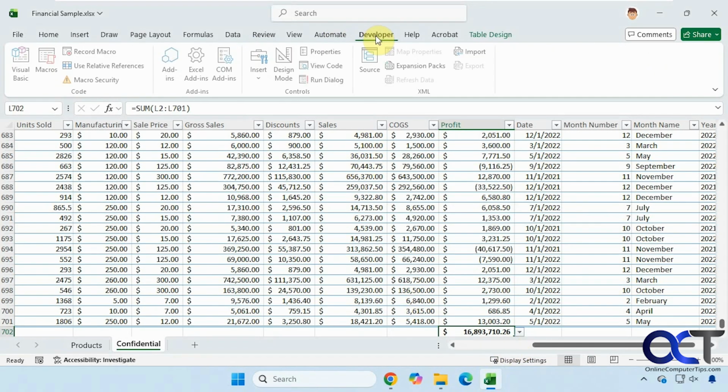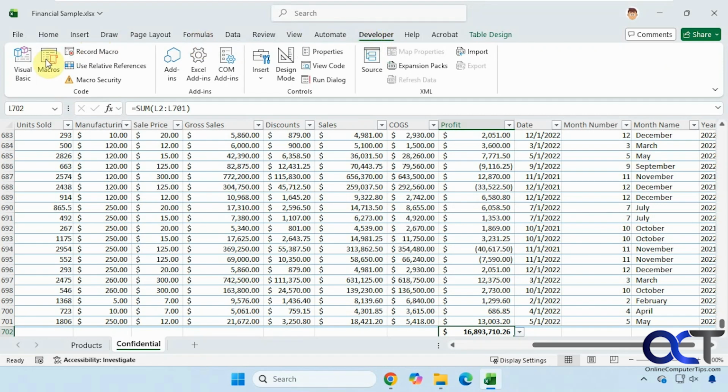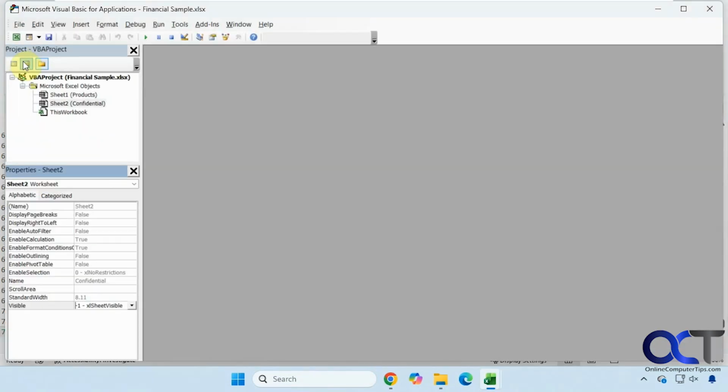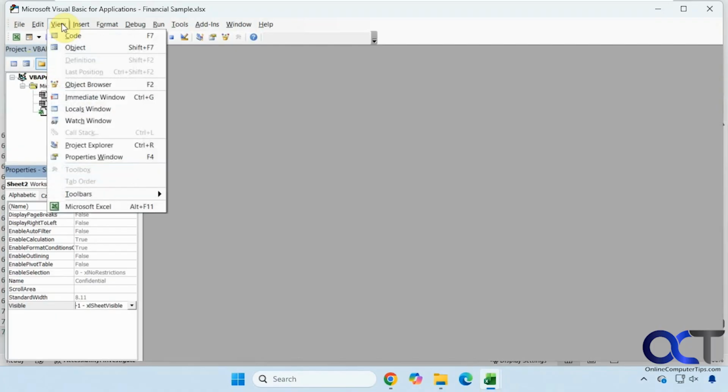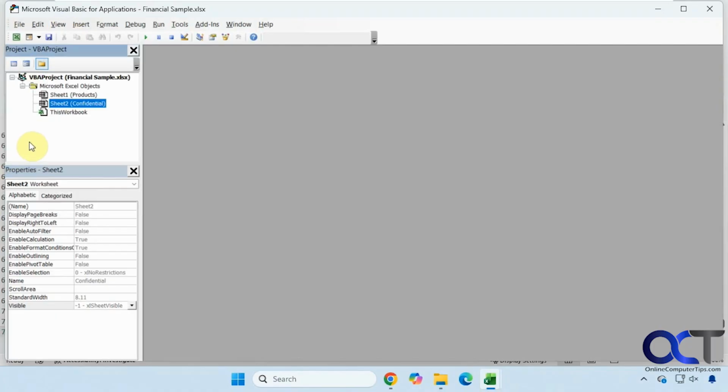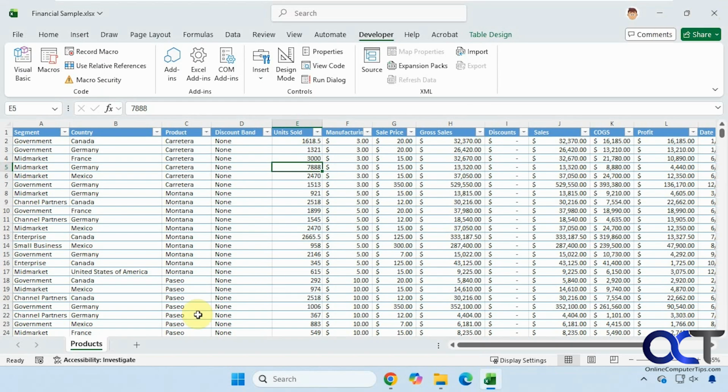Alright, so now we have developer, and then if we go over to Visual Basic here on the left, you can see we have our worksheets here and then the properties. So if you don't have the properties, you could go to View and then Properties window. Alright, so we're going to click on Confidential here, and then we have a visible section down here. Right now it's visible, so if we set it to Very Hidden